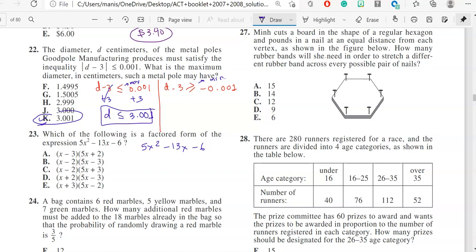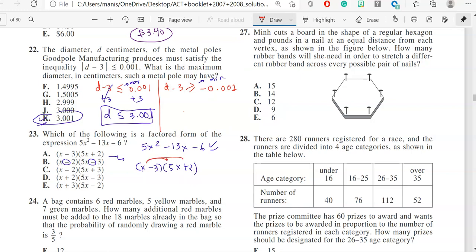Choice B, 5x squared minus 3x minus 10x plus 6. I'm looking at these two signs. Negative times negative will give you positive, so negative 2 times negative 3 will give you positive 6, but we have negative 6 over here. That's not going to work for us. Let's see this one. I'm using the distributive property of multiplication over here. 5x squared plus 2x minus 15x. So I will start with option choice A. I'm using the FOIL method for this, or distributive property of multiplication. If I end up with the same answer, then this means choice A will be the correct answer for our question.